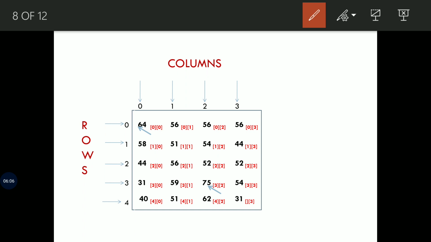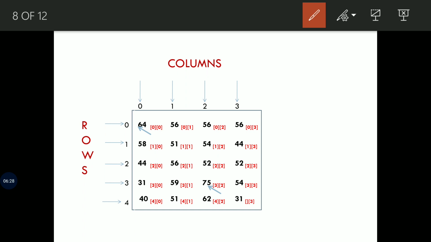In a single dimension array, to represent elements, we use the array name and index number. Similarly, to refer to elements in a double dimensional array, we use 2 index numbers, one refers to rows and another refers to columns. In a single dimensional array, index number starts from 0.